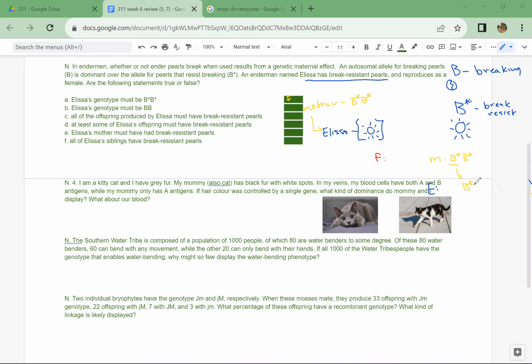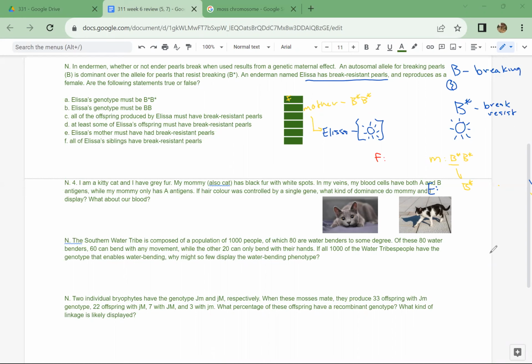Her father, on the other hand, we know nothing about. We were given no information about it in the question, and we don't know Elisa's genotype for sure, simply because of the nature of the maternal effect. Elisa's own genotype is masked, hidden behind the phenotype that was passed on to her, demanded by her mother's genotype. And the way that I like to envision that is that